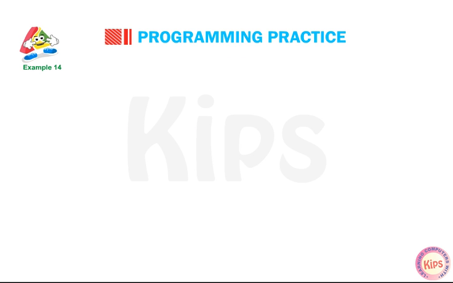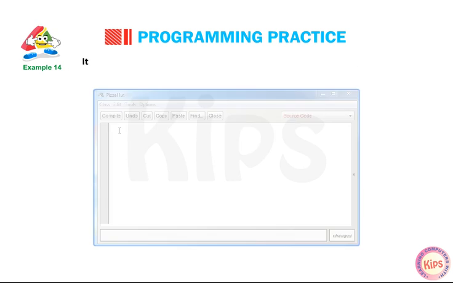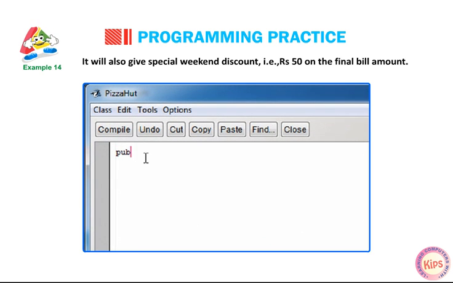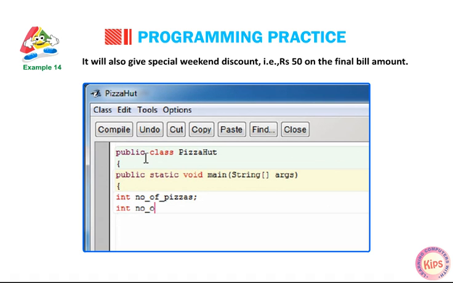Example 14. Create a program that will generate bill at a pizza shop for pizzas at rupees 75 per pizza and crushers at rupees 25 per crusher. It will also give special weekend discount that is rupees 50 on the final bill amount. public class PizzaHut { public static void main(String args[]) { int number_of_pizza; int number_of_crusher; int discount = 50;